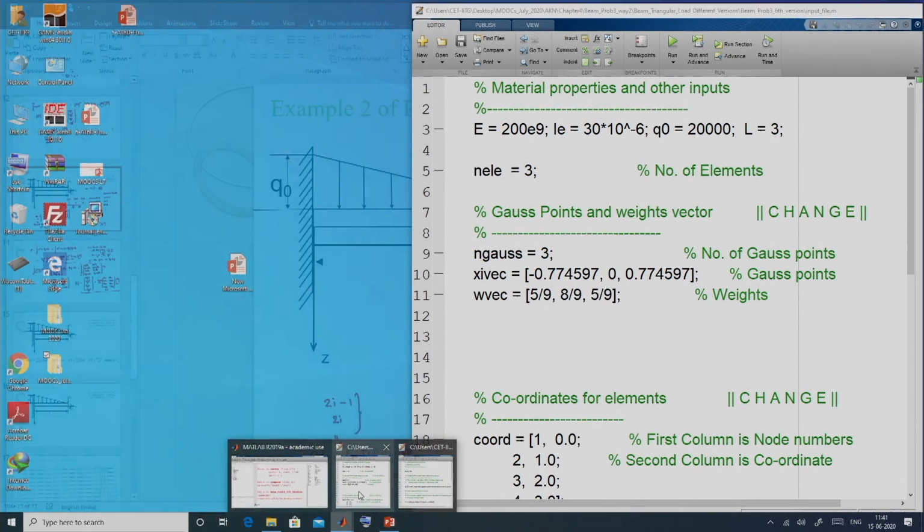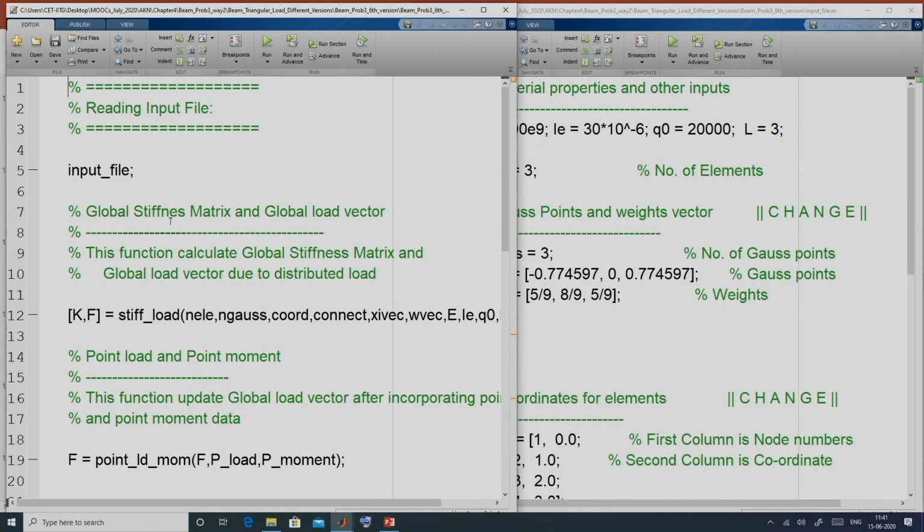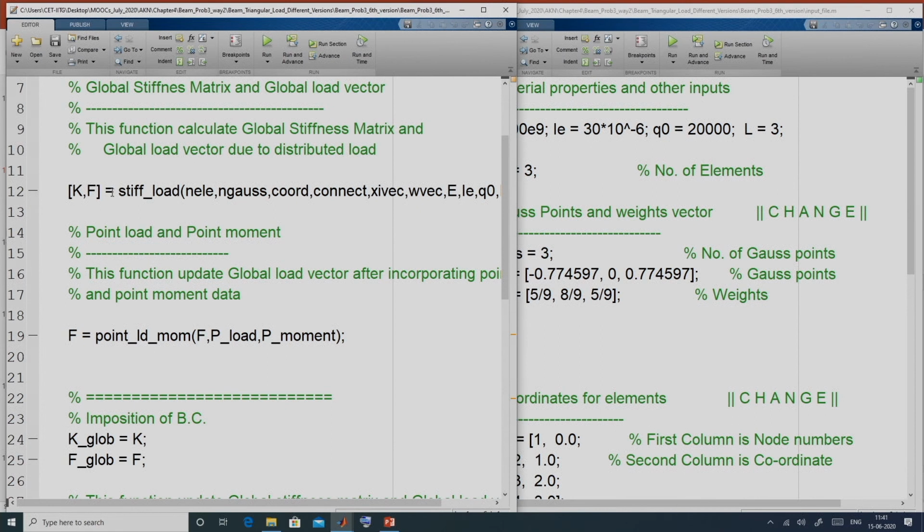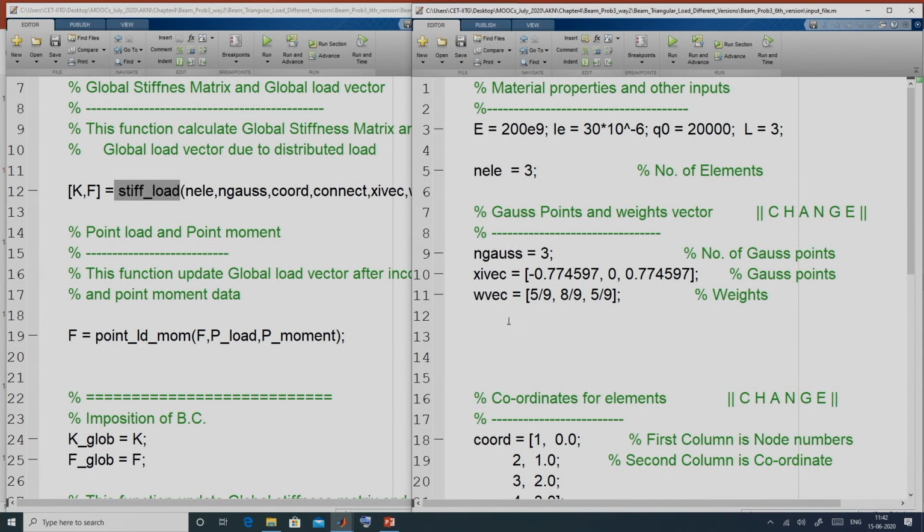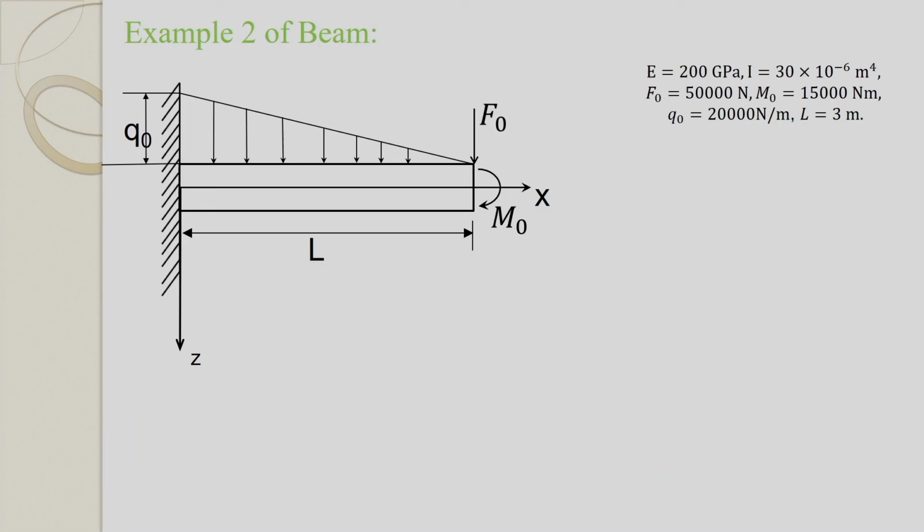We need not change any of these functions which are part of our main MATLAB code. We only have to change the input file to incorporate the finer mesh. That is the advantage of using generalized code. So, let me do that.